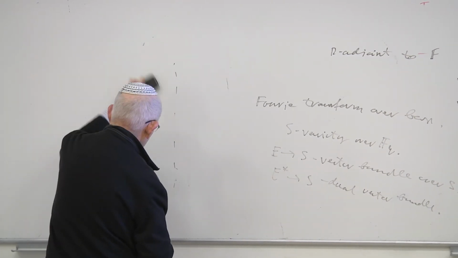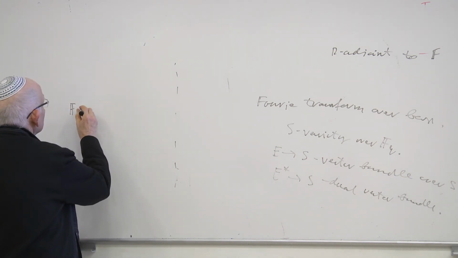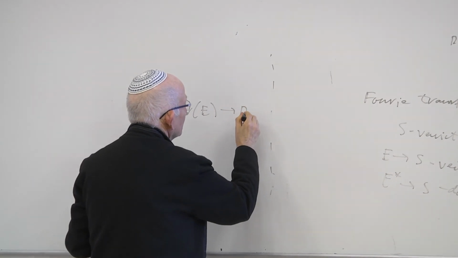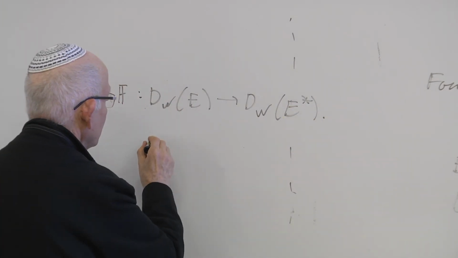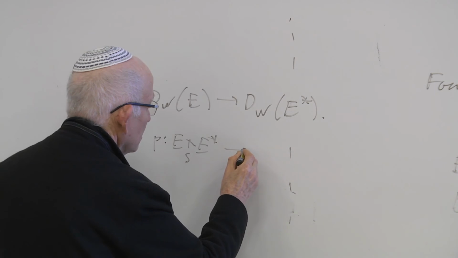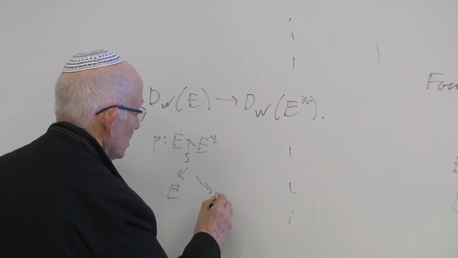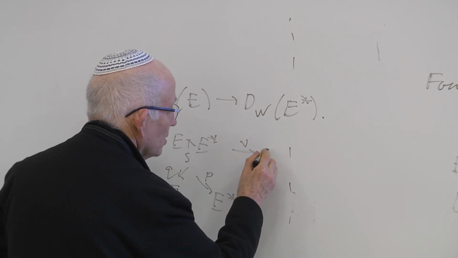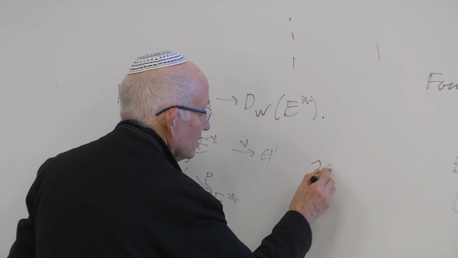Okay, and now I can define Fourier transform. Fourier transform for the derived category of wedge sheaves on E to the derived category of wedge sheaves on E star is defined exactly the same way. I have a morphism E cross E star over S, I have projection P to E, projection Q to E star, and this nu into A1, and so I write K is equal to nu star of L psi,